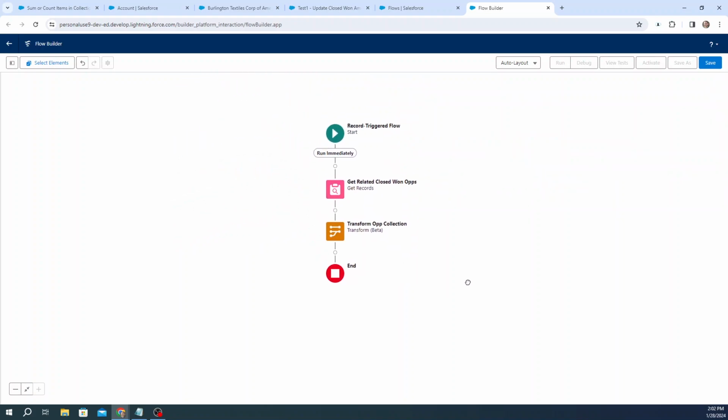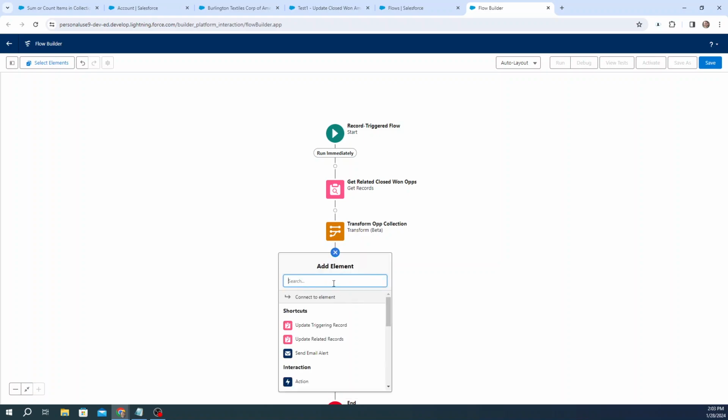Now, we're not done, right? So I mentioned before we opened up transform, I had some problems trying to figure out how exactly it would work. So now we've essentially got our summarized total of closed won opportunity amounts, right? So now we need a way to update and stamp that value on the account record that's related to these opportunities. So what we need to do from here, we need to open up, or create, I should say, a